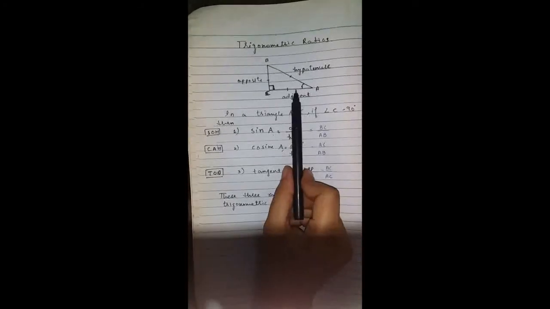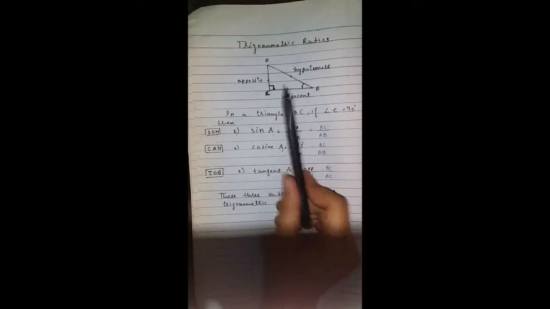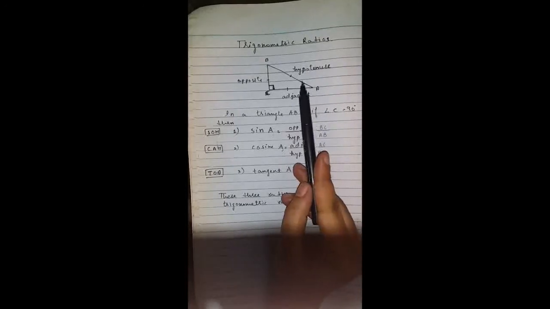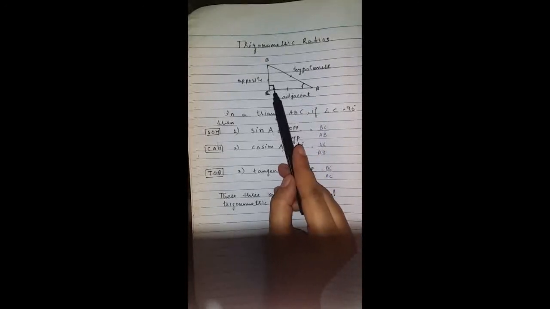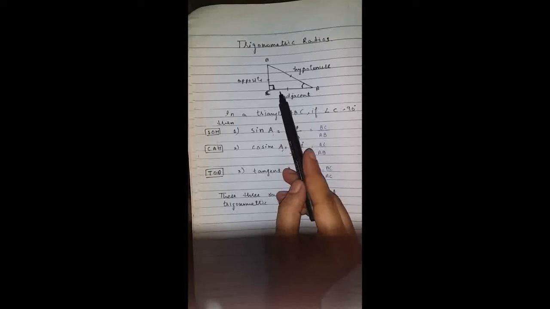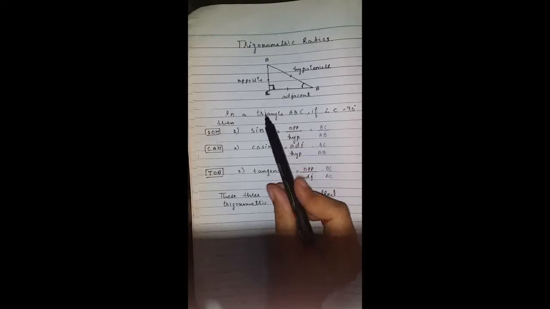Now this is the clear concept about trigonometric ratios. We also use trigonometric ratios with a diagram, and the diagram is always a triangle. The triangle must be a right angle triangle. If there is no right angle triangle, we can't apply trigonometric ratios. Got it? There are three trigonometric ratios, and we use them in the exercise. Now let's come to the exercise.